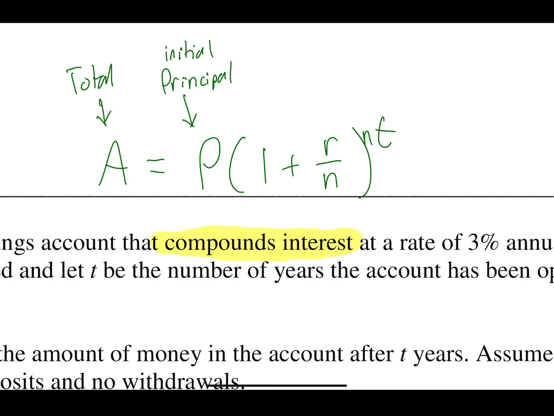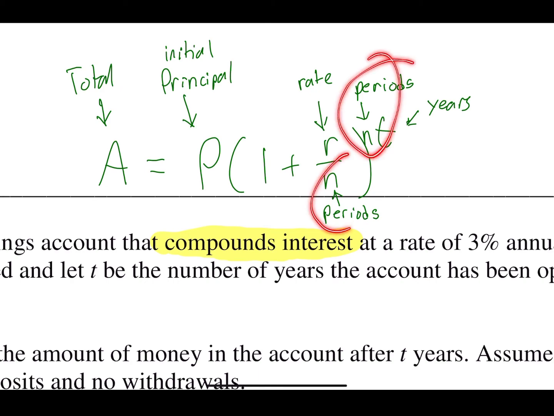1 plus r over n, where r is still the annual rate, but we're dividing that rate up into several n's, which we call periods. T is still time, usually years, and n is the periods. So the amount of years that pass, we are multiplying every year times the amount of periods. The key thing here, which you may or may not remember, is